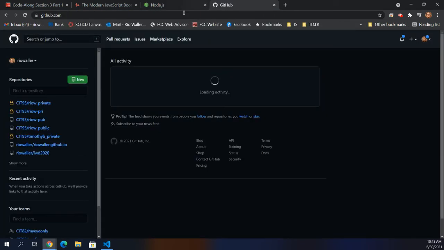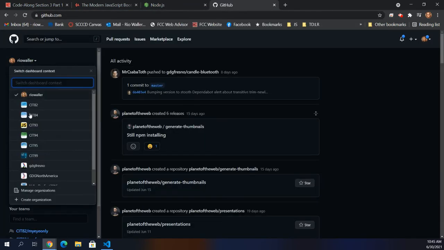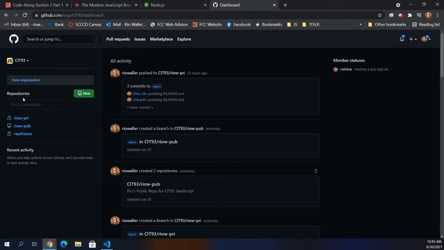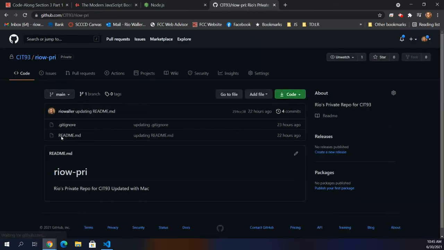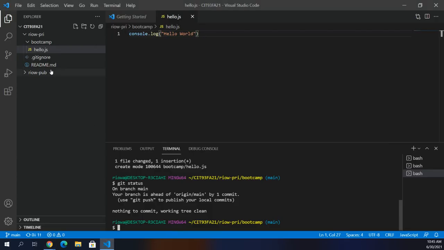I'm going to go to GitHub. I'm already logged in. I'm going to go to my 93. I'm in my private. And so now I see none of that structure that I've created here, that directory and that folder, because I have not done the last step. All the work I've been doing up until this point is on my local system. So now when I do git push,